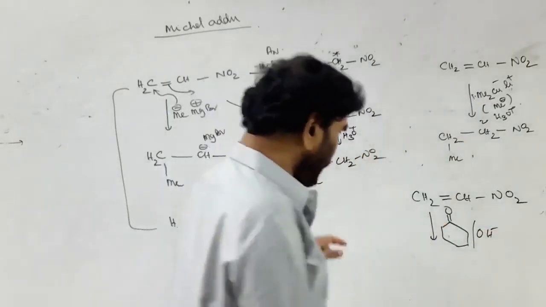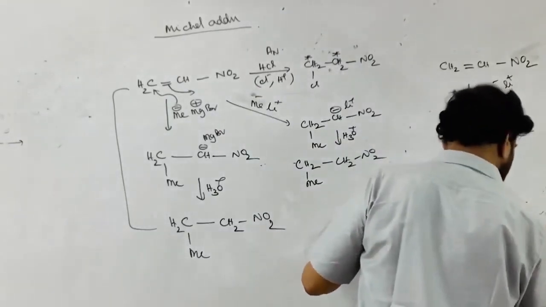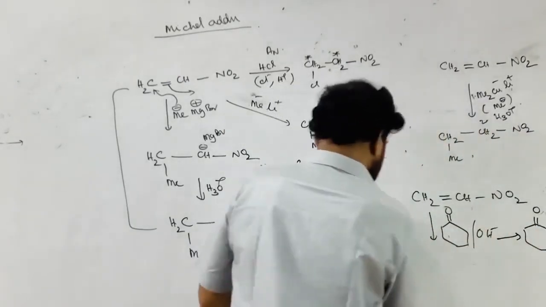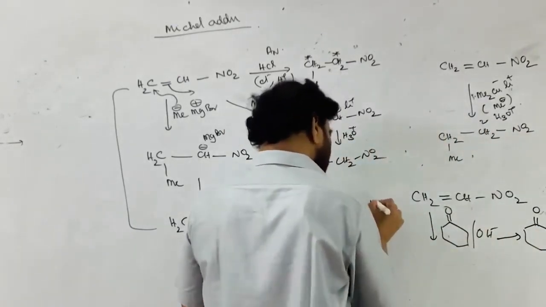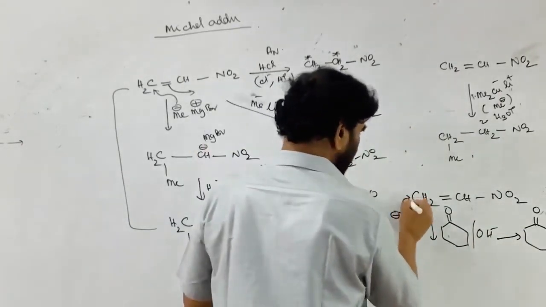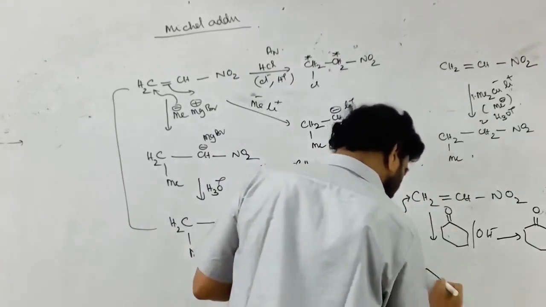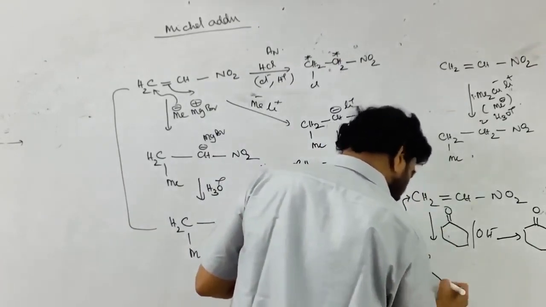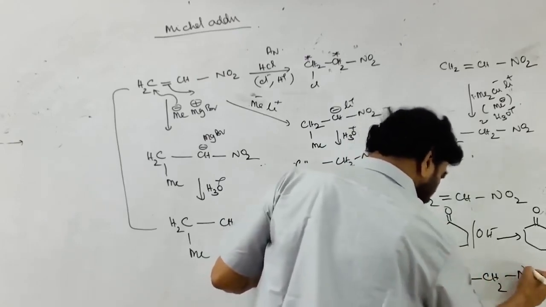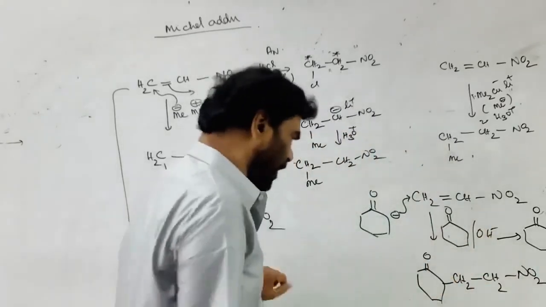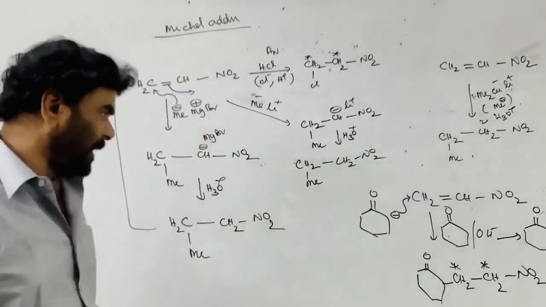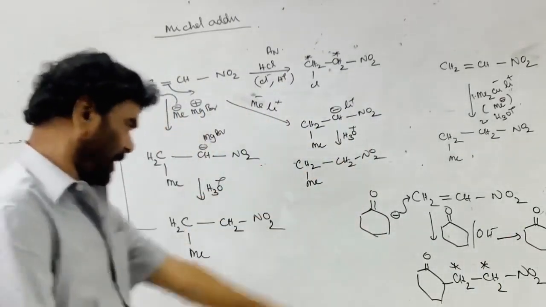Here, cyclohexanone is converted to its corresponding carbanion, as in the aldol condensation. This carbanion, formed from aldehydes and ketones with an alpha carbon, attacks here. Ultimately the double bond O, this CH2, CH2NO2 is formed. So the final product, after the acid workup, gets the hydrogen there, hydrogen here.